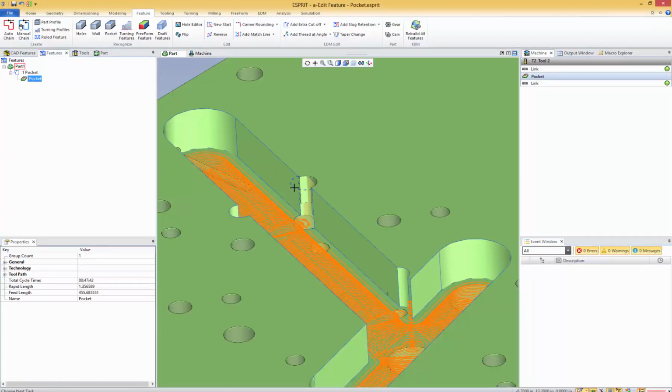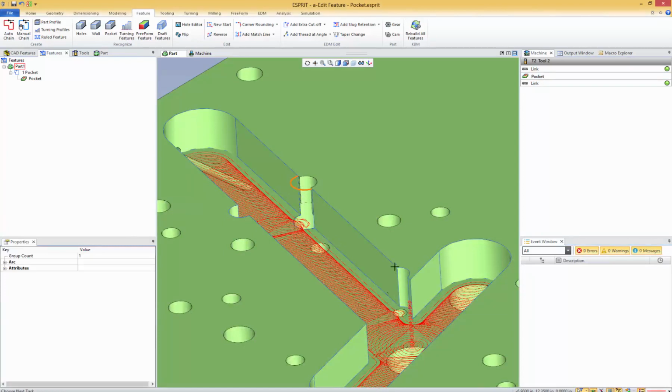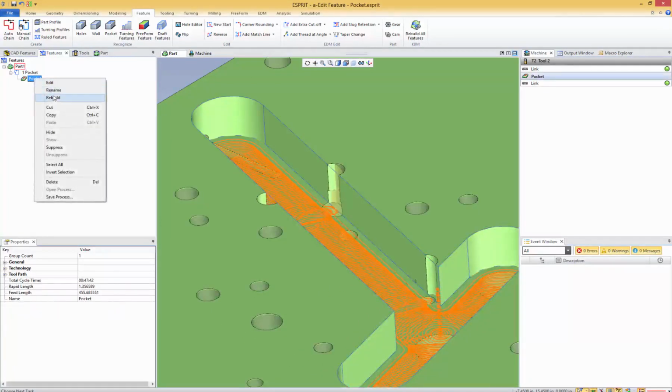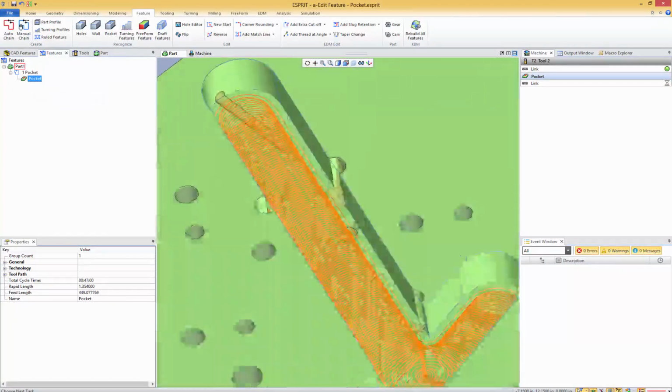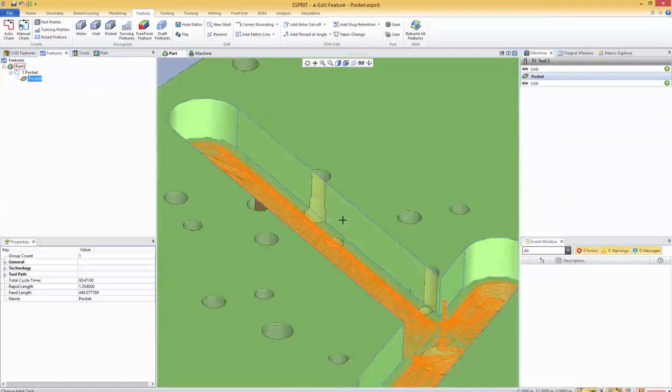And what we're going to do is select each sub-element that we want to remove. So that's what I'm going to do right now. With the control key, I'm going to select each sub-element that I want to remove. And then I'm just going to press the delete key on my keyboard. So I press delete, and then we can see the feature is automatically changed. What it does is automatically remove the element and connect the adjacent elements together. So we can see now we get the proper feature for this job. So I'm just going here and rebuild my toolpath, and we can see my toolpath is now perfect.